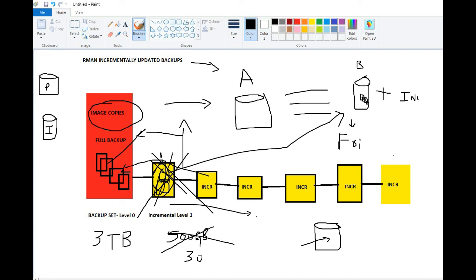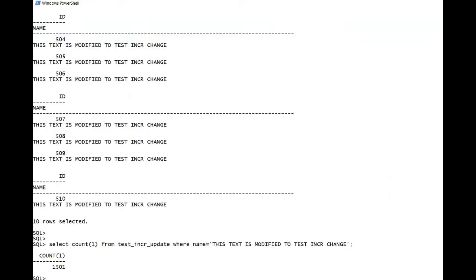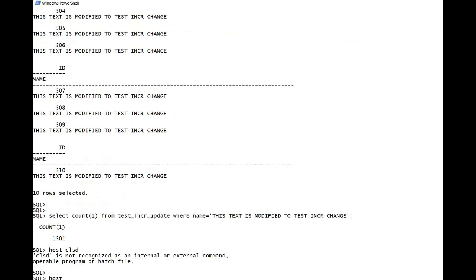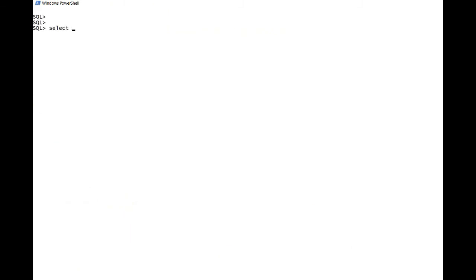So hope you're clear with the incrementally updated backups. So let me go here. Select name from v$datafile.